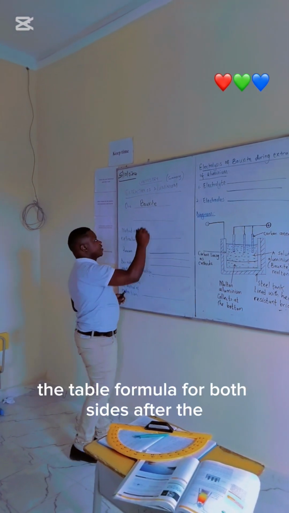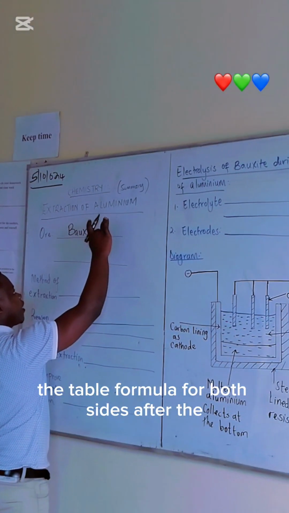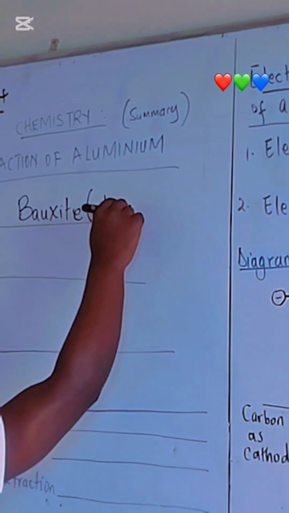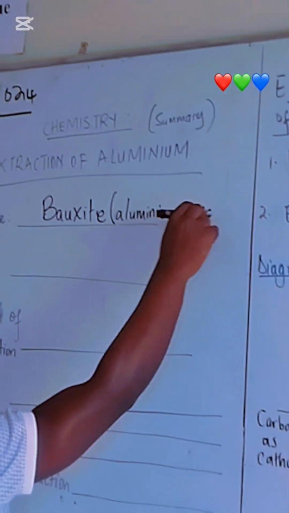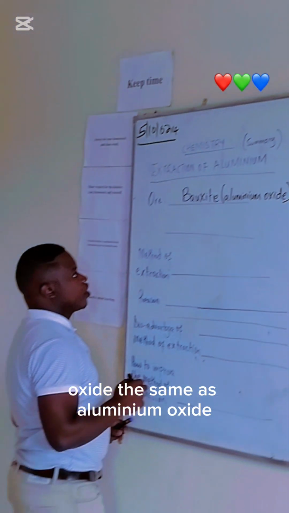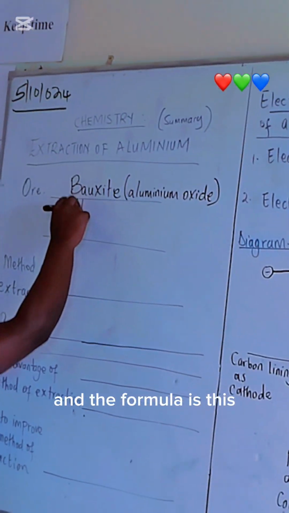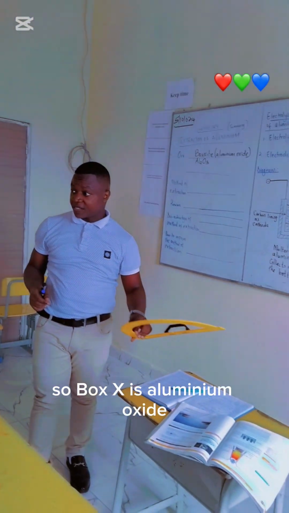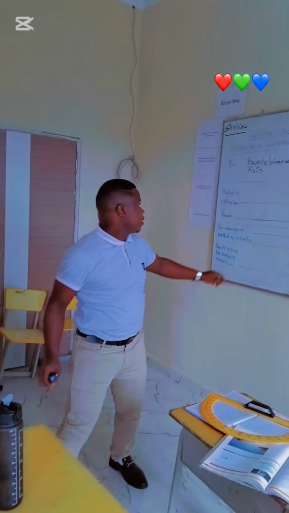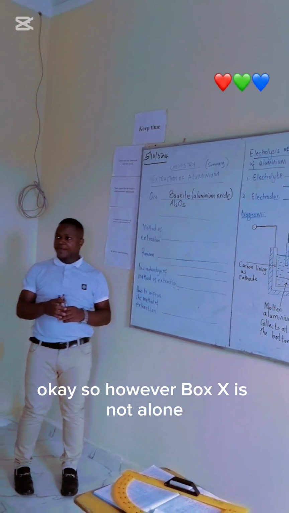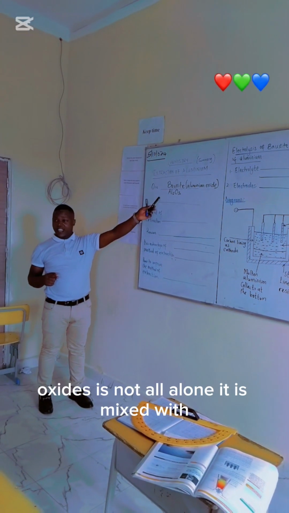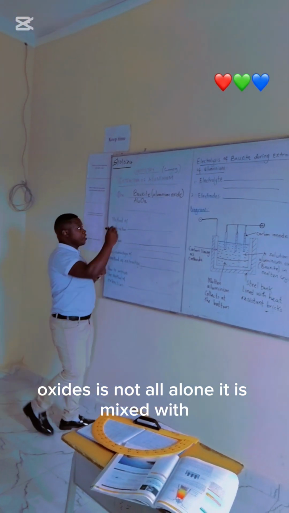Bauxite. The chemical formula for bauxite, in your normal chemistry language, is aluminium oxide. Bauxite is the same as aluminium oxide. So bauxite is aluminium oxide. However, bauxite is not all alone. It is mixed with